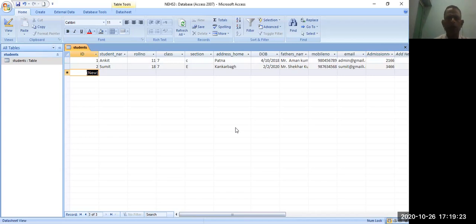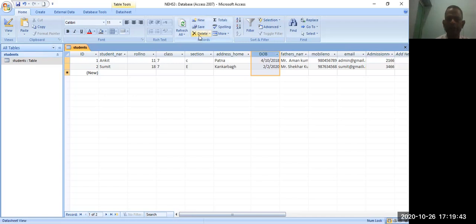Next one, how will you delete a column or record? I just want to delete this record, or this column. You just need to select the admission number, which we don't require, or date of birth, which we don't require.